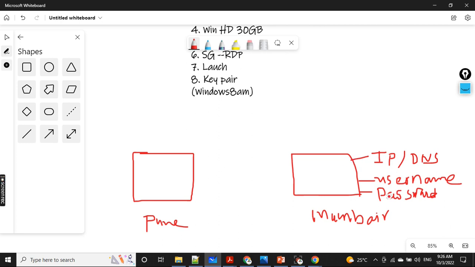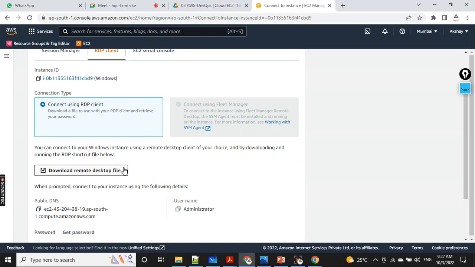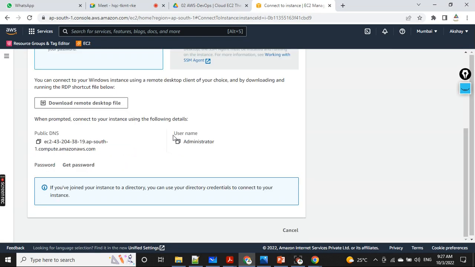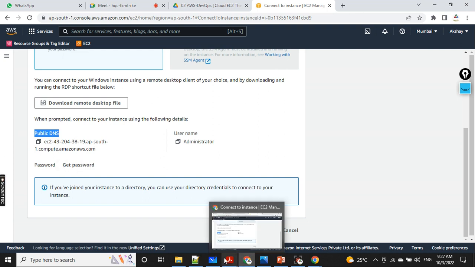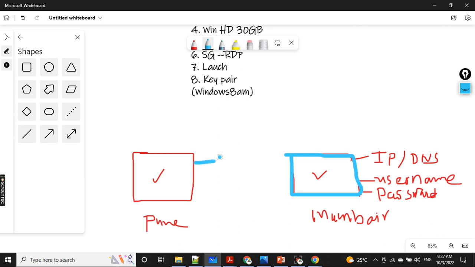If I have all these three things, I am able to access this computer from the Pune region. Right now the username is there, they have provided it. By default they are providing the DNS name also, but they don't provide the password. Now, as of now, I have the DNS name